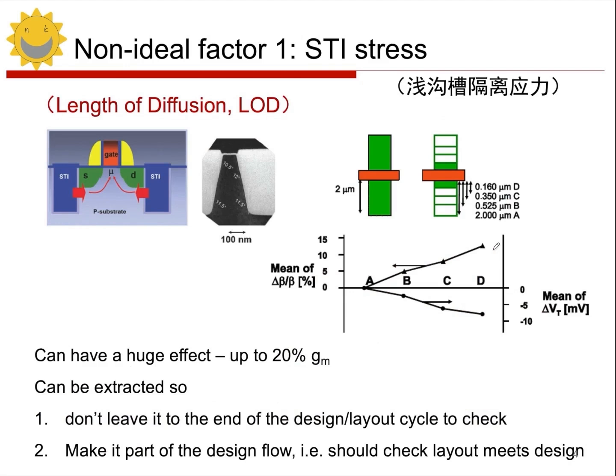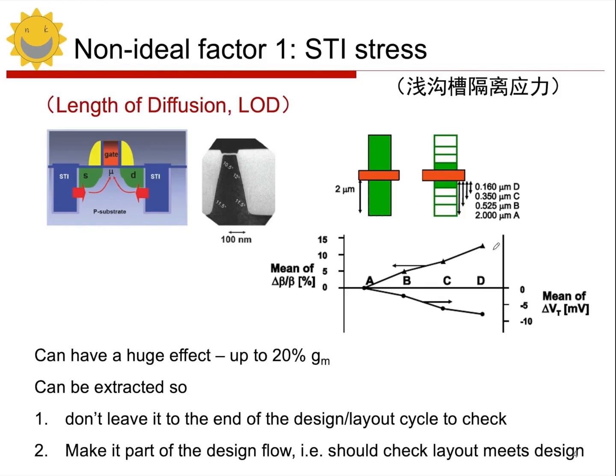First, we need to look at what factors can cause inconsistencies in our devices. For instance, we designed 2 transistors in the schematic to be exactly the same. So why do they end up being different after fabrication? We need to first look at what non-ideal factors can lead to inconsistencies in these 2 identical design devices